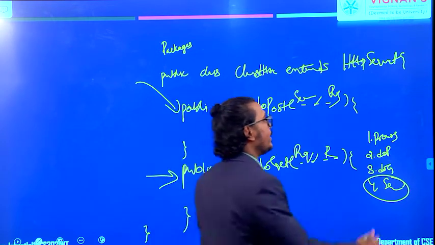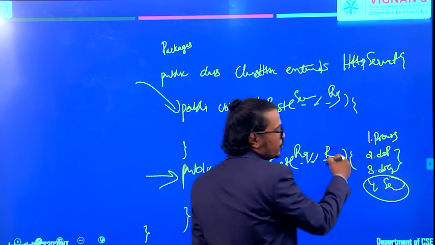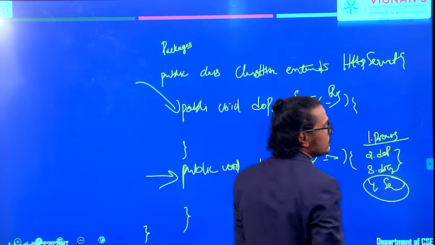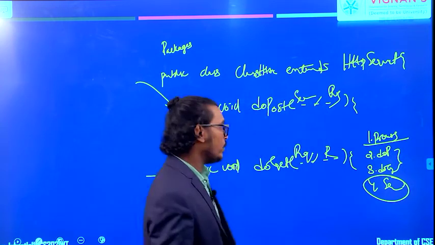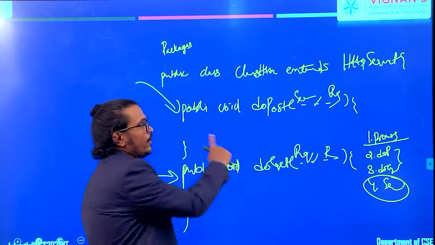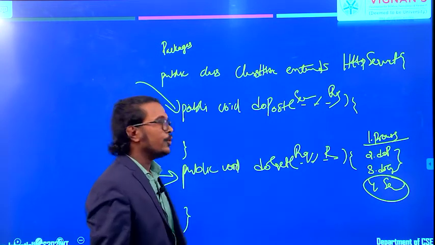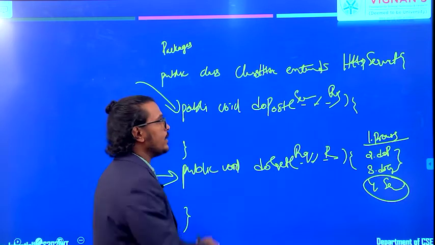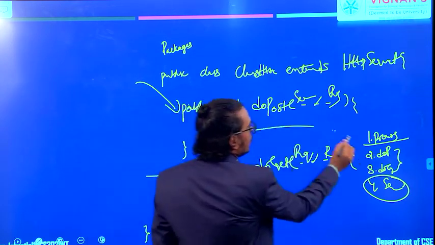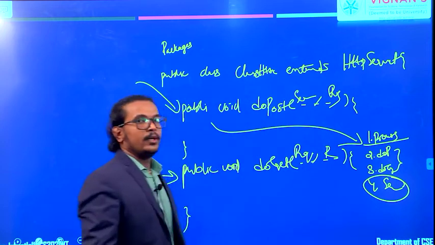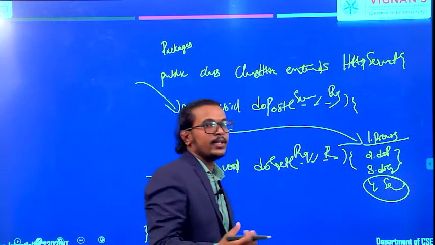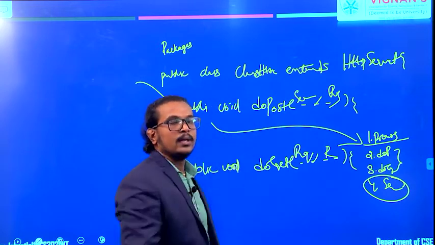So here we have the doGet method and the doPost method, and the processRequest method. First we write, or override, these two methods, doGet and doPost. Once your construction is done, you call the process method. If you call that process method, it will start the execution and send the response back to your client machine.